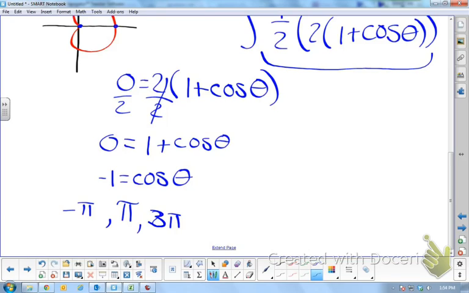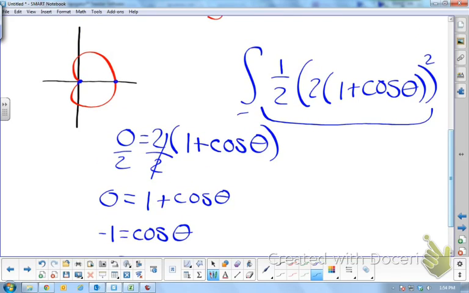Okay, so we could use these bounds, negative pi to pi, because that would give us one full revolution. Starting at negative pi and going to pi would give us the entire shape because our point hits it twice. This will only work if we have that point where it is the start and the end of your shape. So if we integrate this from negative pi to pi, then that gives us,